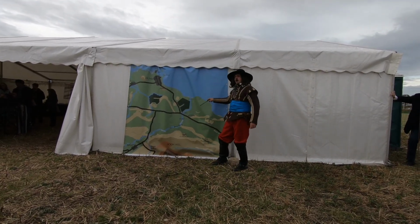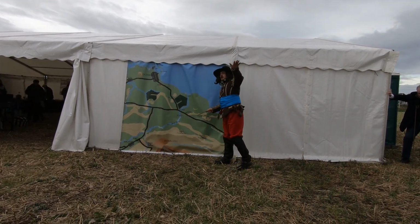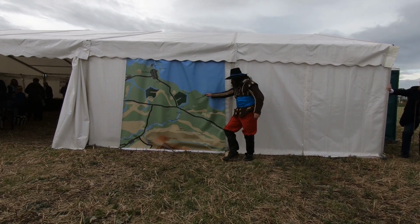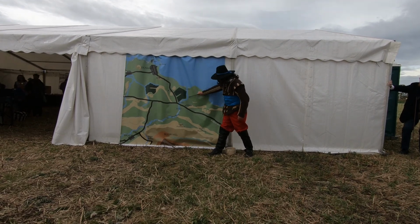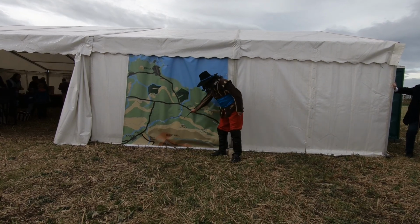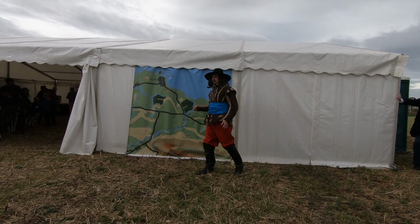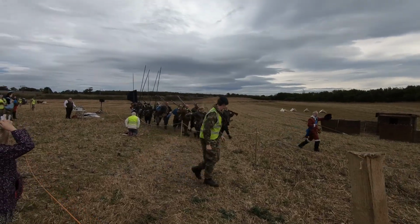Cromwell's cavalry are, after about an hour of back and forth fighting over the landscape of the loch and the quarry area here, eventually victorious, and Cromwell is able to turn his horses around and bring them smashing into the side of that successful Scottish division over here, breaking it and routing it. And then for the rest of the Scottish line back here,